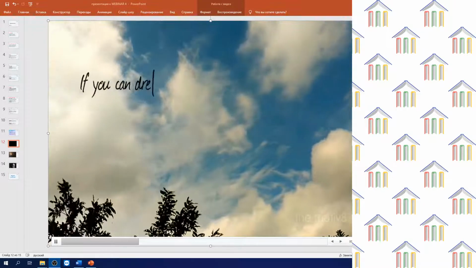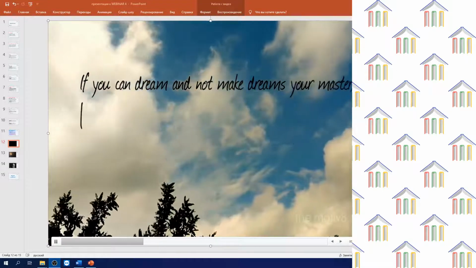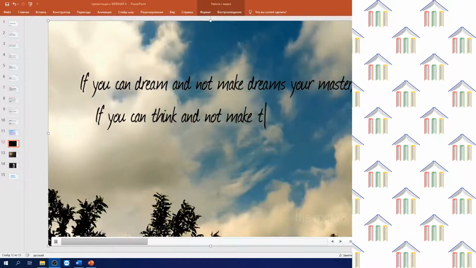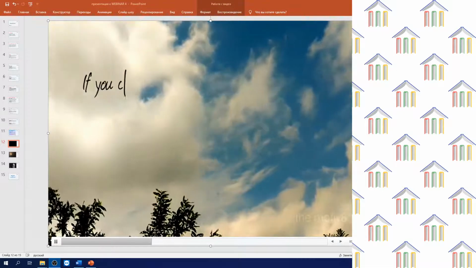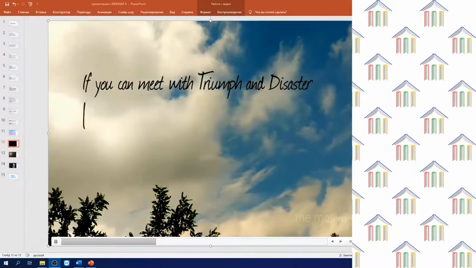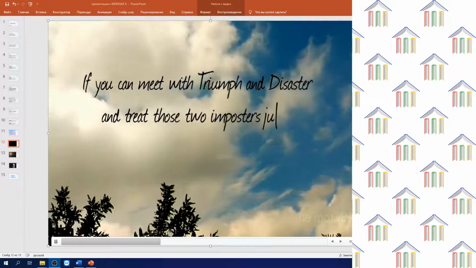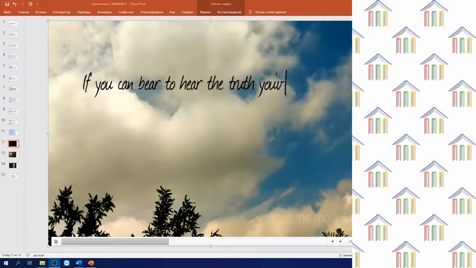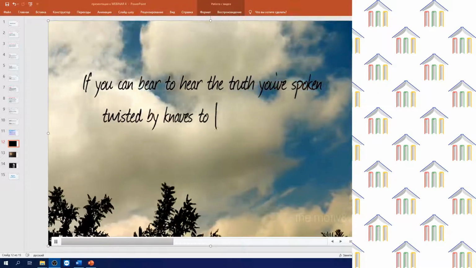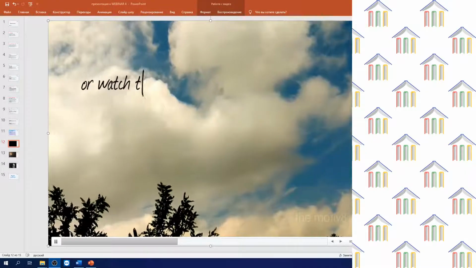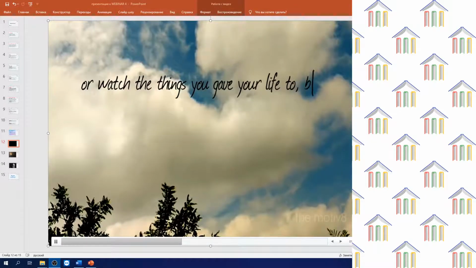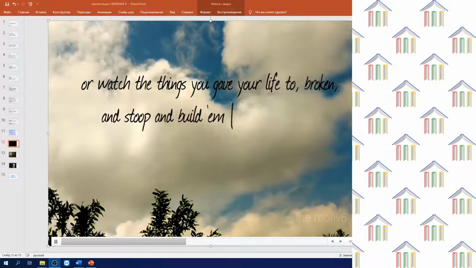If you can dream and not make dreams your master, if you can think and not make thoughts your aim, if you can meet with triumph and disaster and treat those two impostors just the same, if you can bear to hear the truth you've spoken, twisted by knaves to make a trap for fools, or watch the things you gave your life to broken, and stoop and build them up with worn-out tools,